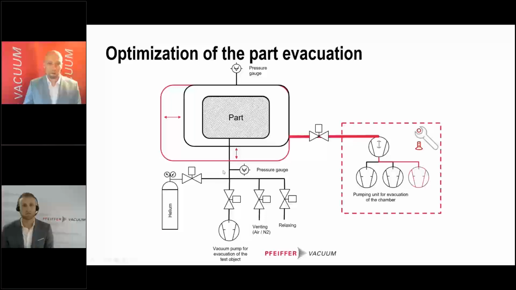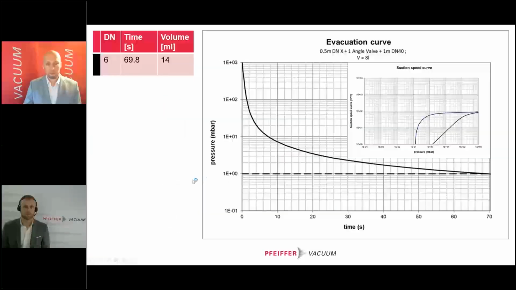And here we want to show you now what influence the piping diameter between the vacuum pump valve and the part has on your overall system performance. So starting with something quite common, we have a DN6 piping of 0.5 meter between the angle valve to the